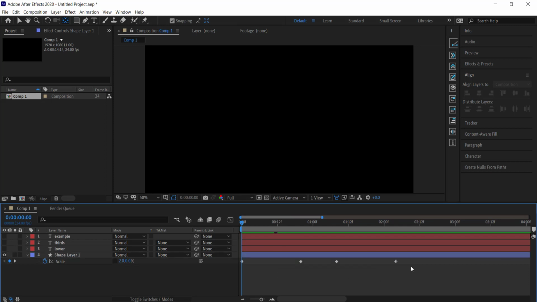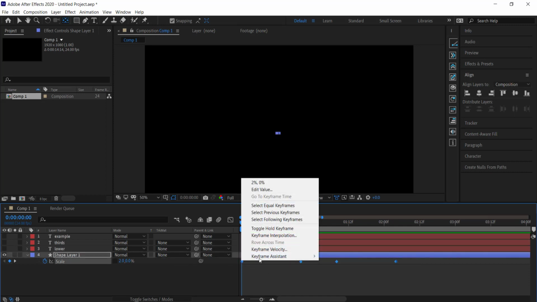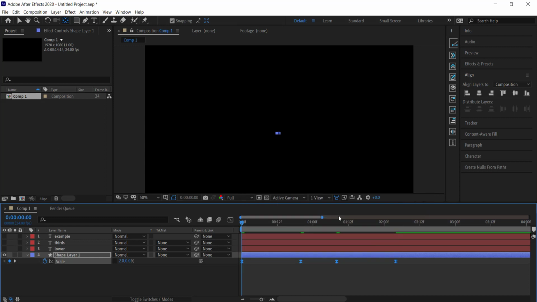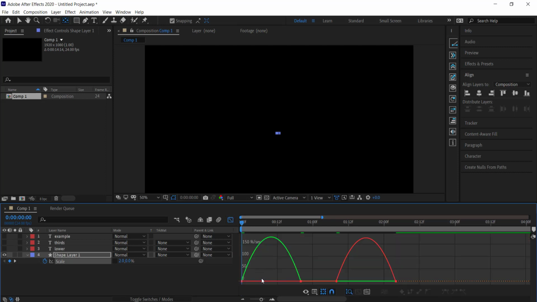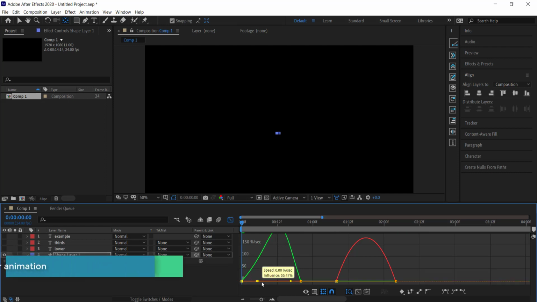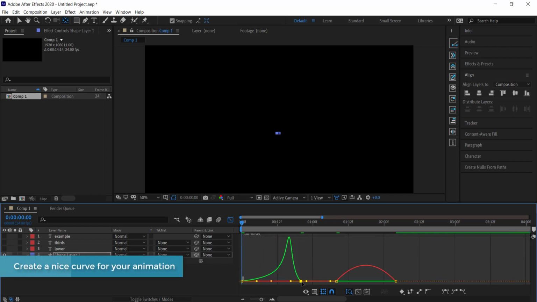So once you have your keyframes ready, all you need to do is easy ease your keyframes. And then once you've easy eased your keyframes, you can come over here and press the graph editor, and now you can start to click on these points. So if I click on this point here, and if I bring it over, and then I do the same for the other side,